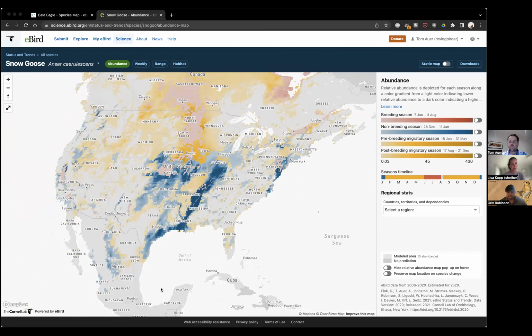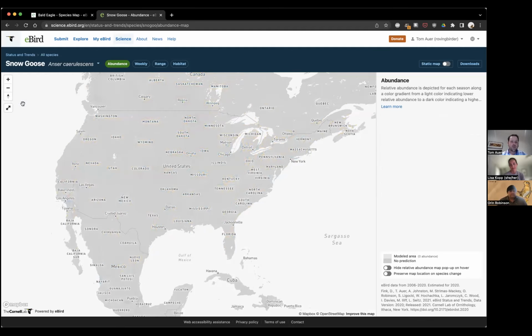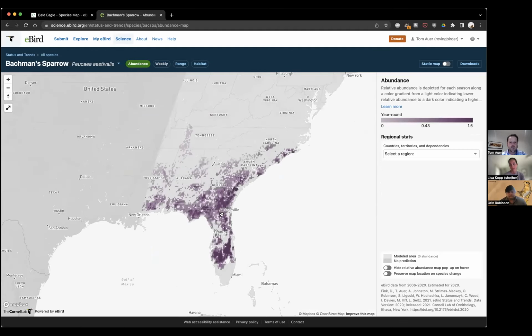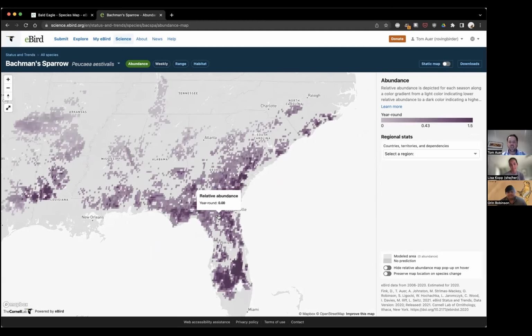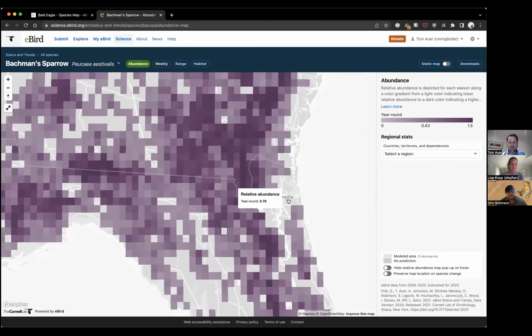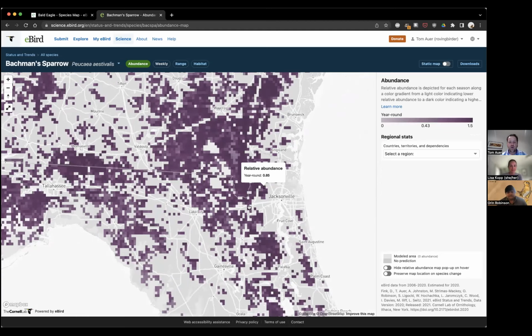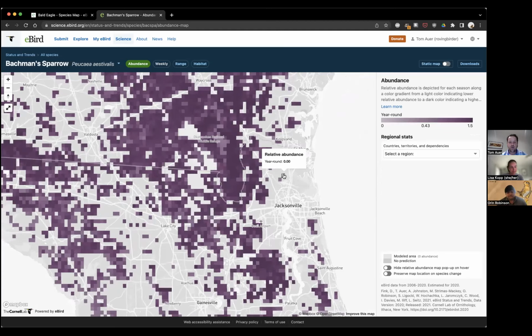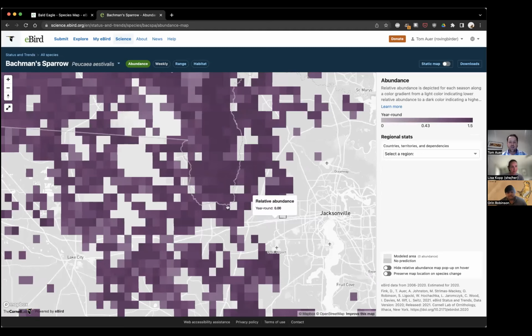John asks, how can relative abundance be used for planning where to go to try to see a specific species? Sure. Well, you know what, I'll give an example because I'm going down to Florida next week. I'm flying into Jacksonville, and I want to see a Bachman sparrow because it's been a long time. I'm going to fly into the airport, and I want to go over and check out this area just south of the Okefenokee. And so I can see here that there are some really high abundance pixels compared to these other ones, right?